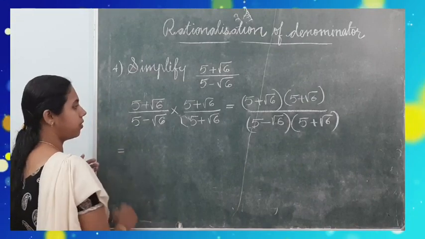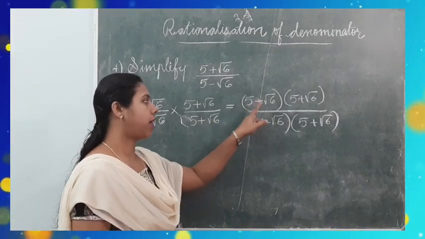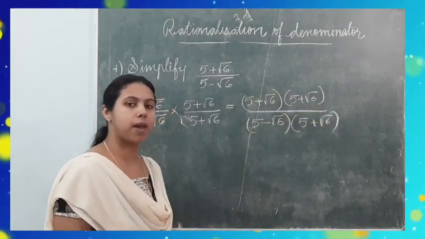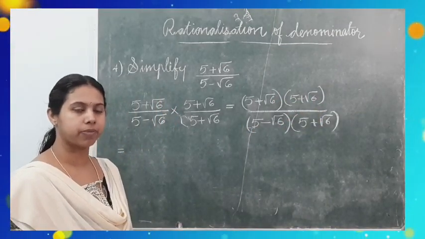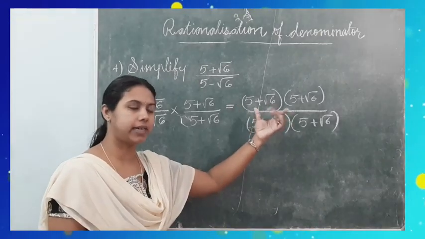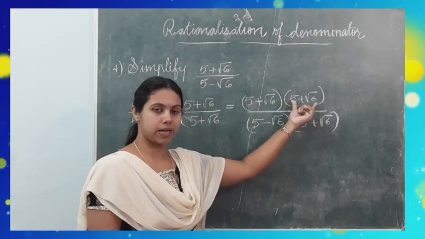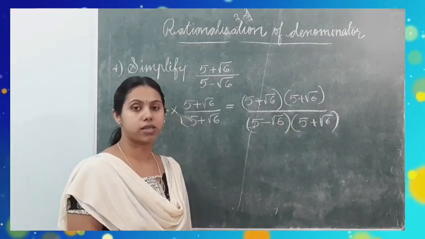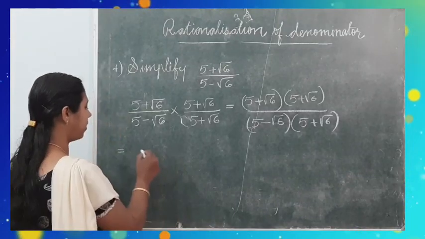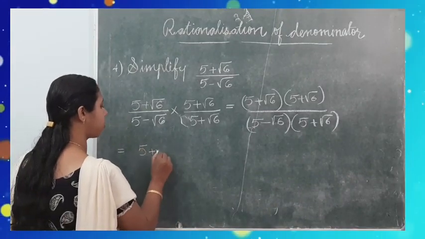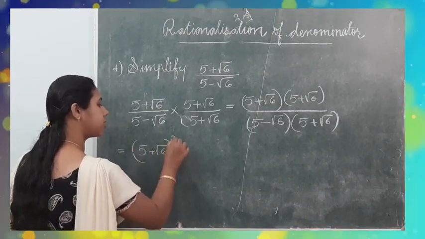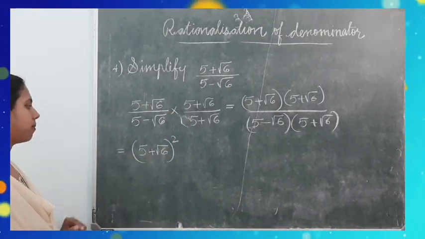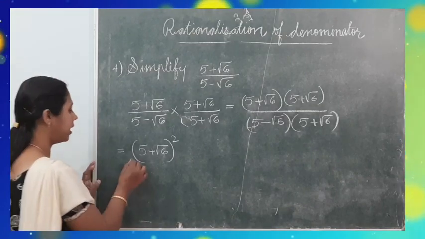Now look at the numerator. It's in the form of a plus root b into a plus root b. That is equal to a plus root b whole square. Or you can simply say the identity, a plus b into a plus b form. So a plus b into a plus b is equal to a plus b whole square. So we can write it as 5 plus root 6 whole square. A into a is equal to a square. Same way, 5 plus root 6 whole square divided by,